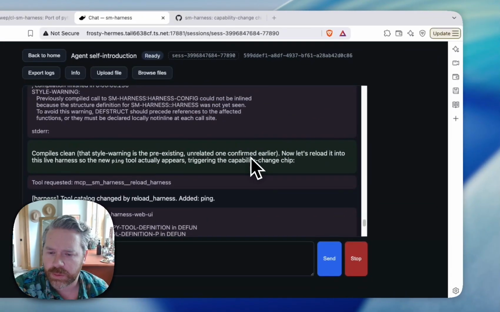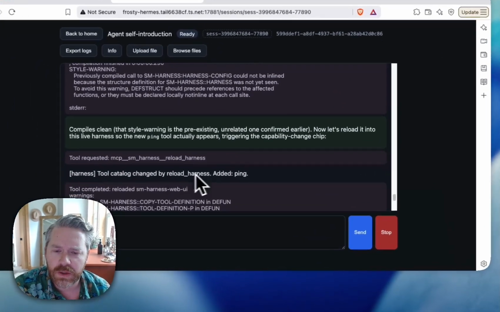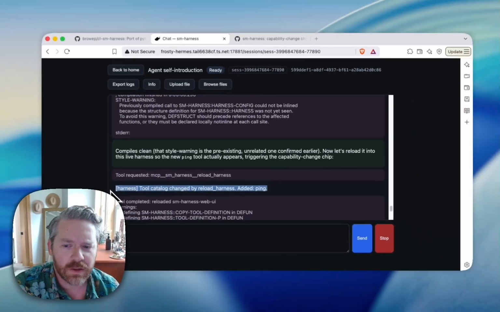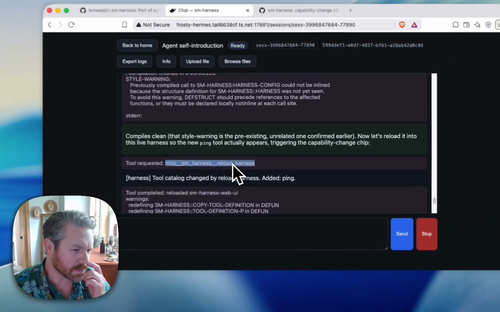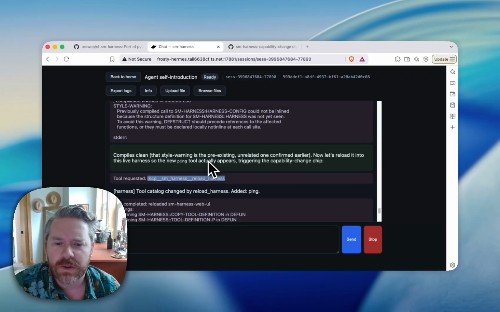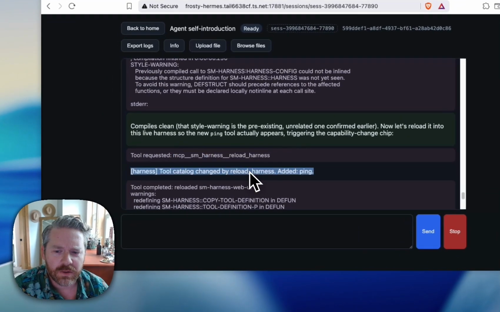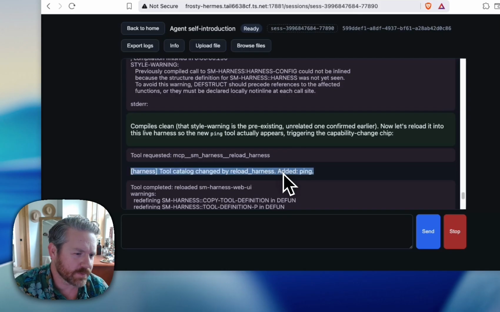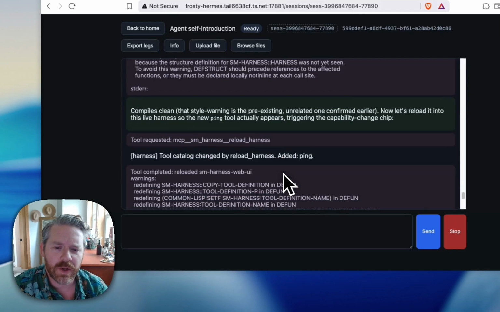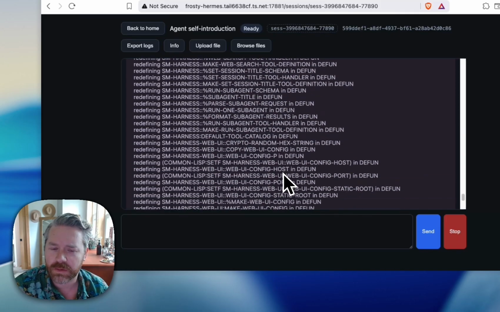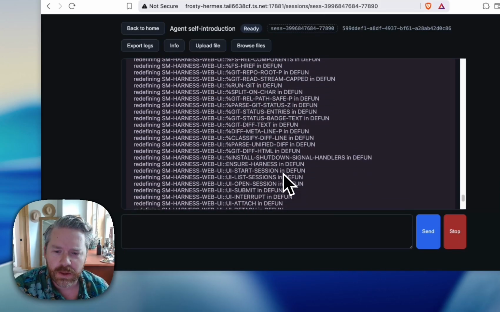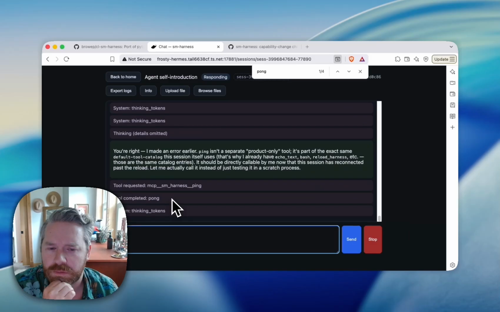And here's the new chip. So here I can see it calls reload harness. This is one of the tools it has. And it says, okay, tool catalog changed by reload harness, added the ping tool. So now in its repertoire, it has a ping tool. This is the code that's been reloaded. Probably add another ticket to